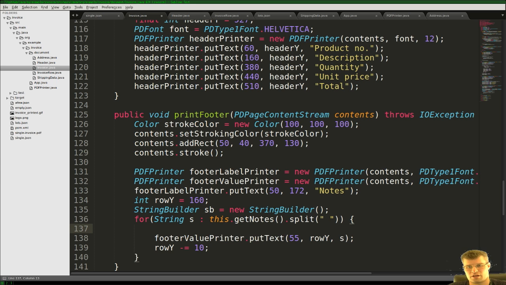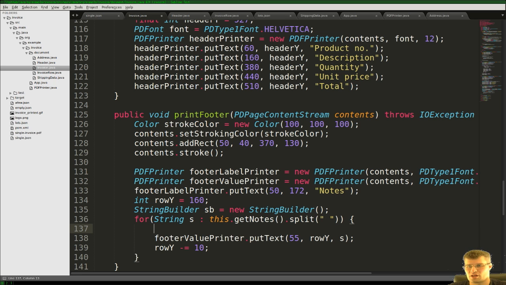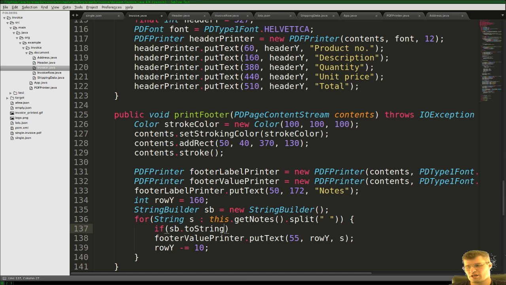And then we will first off take this string builder and do toString of that. So we will get the string value of this string, and we can use the footer printer